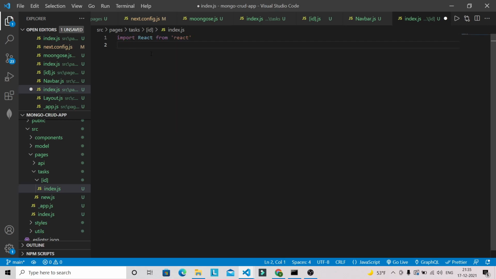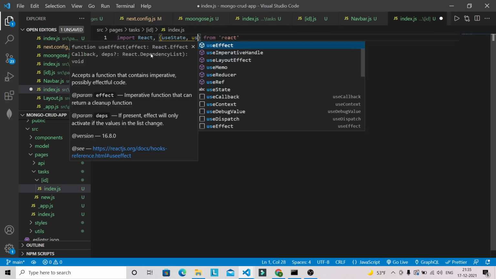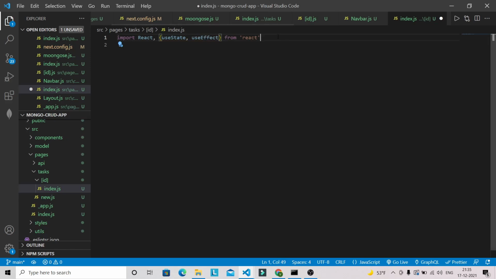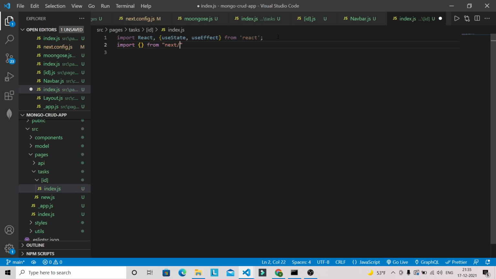From React we need hooks like useState and useEffect. After that we are going to need useRouter as well from next/router. So bring in useRouter.